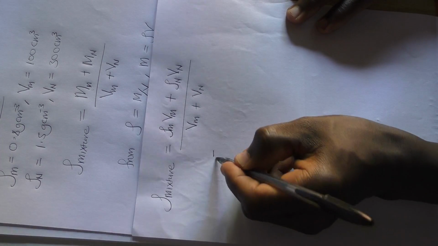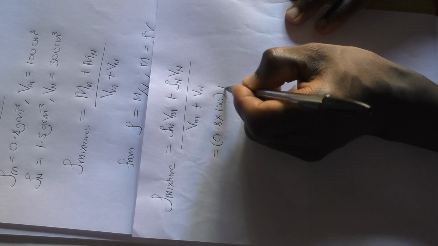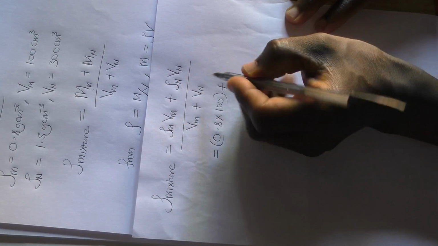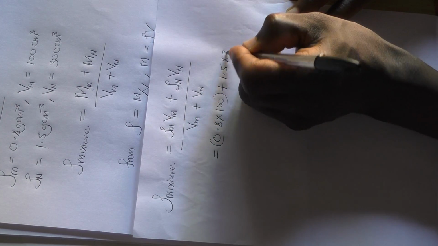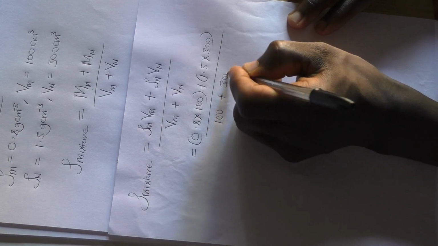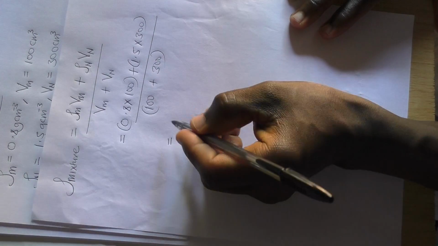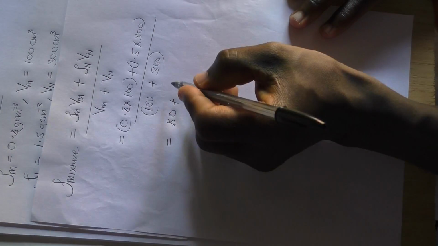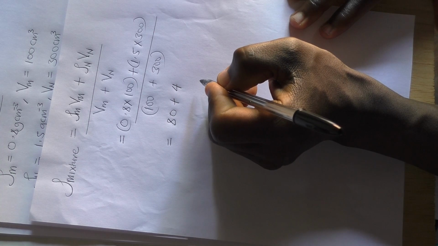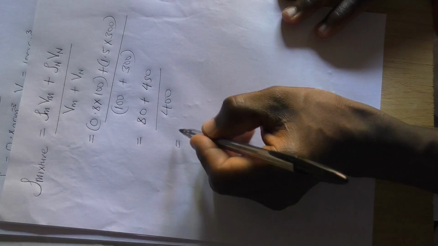Hence, we substitute for the density of M, which is 0.8, times its volume, which is 100, plus the density of N, which is 1.5, times its volume, which is 300, over 100 plus 300. Hence giving us, this is 80 plus 450 over 400, hence giving us 125,